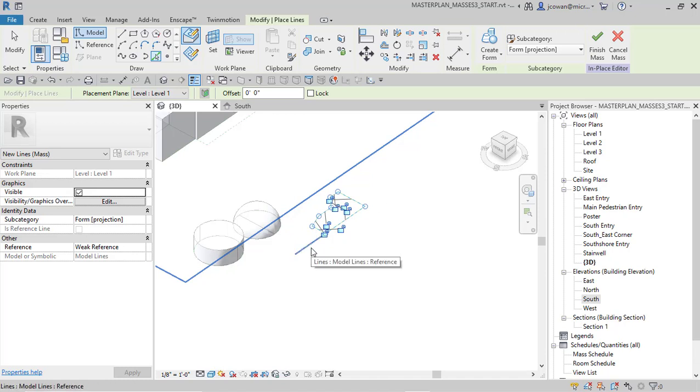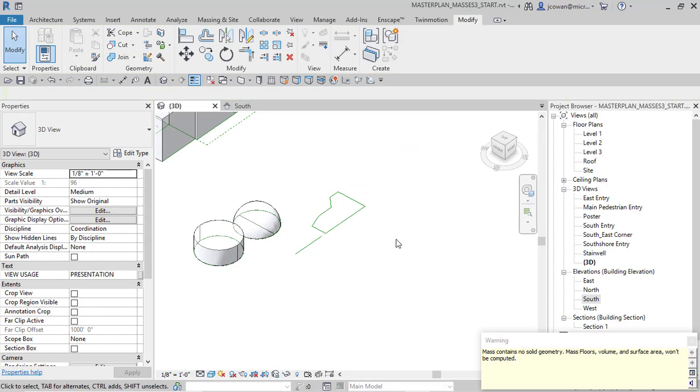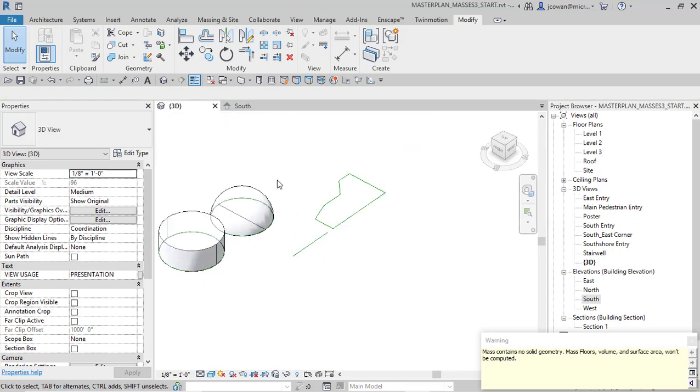Then I'm going to hold the control key and pick that. So I've actually got two objects selected. And when you say finish, because you've got that single line selected, Revit's going to assume that what you're doing is, oops, sorry, I need to have the